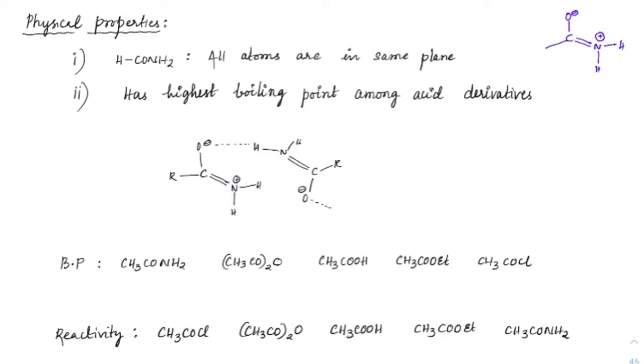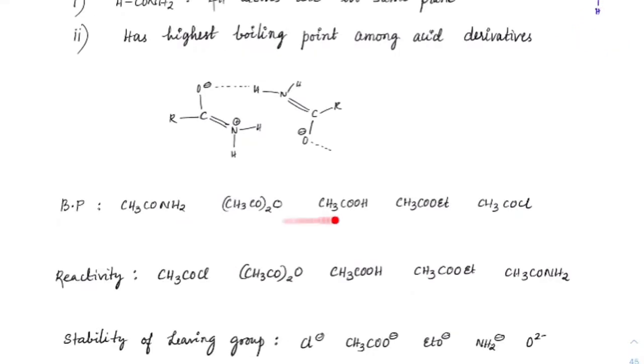So if you consider the boiling point of all the acid derivatives, amides will have the highest boiling point. I'll show you here. If you compare a similar molar mass, you can see amides will be more. The only difference here is anhydride cannot exist at a similar molar mass. So if you take acetate, it will be 2 times more than that. Although this does not have any hydrogen bonding, the molar mass will be dominant for anhydrides always. So anhydride would be more than that of acid, then esters, then acid chlorides. This is how the boiling point would be.